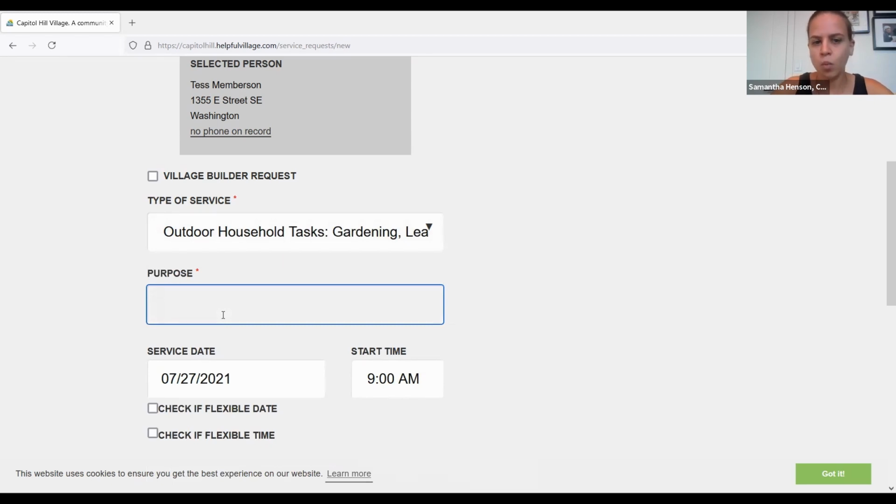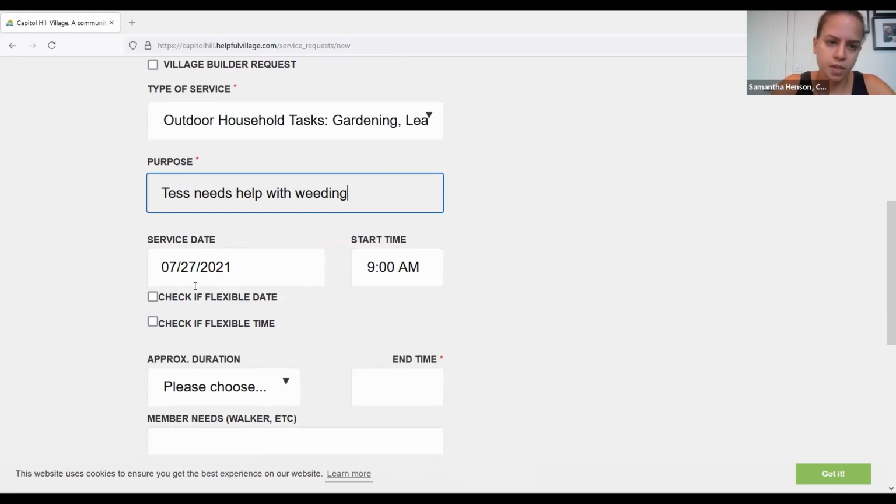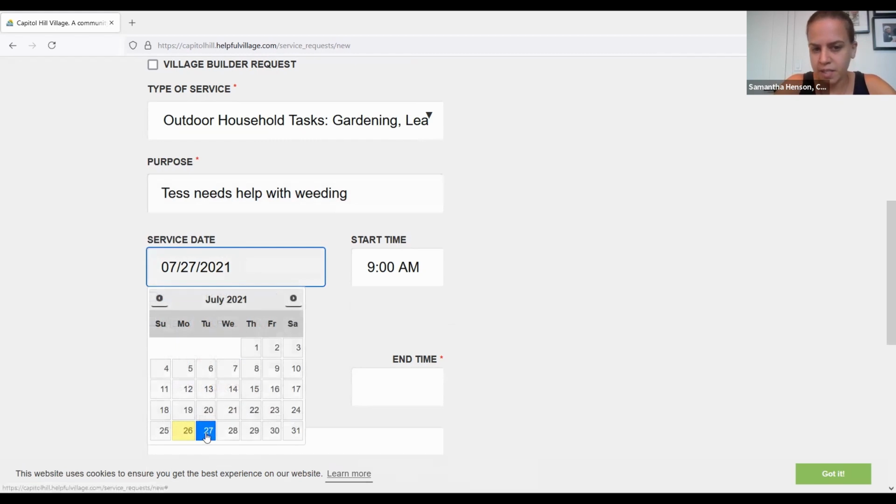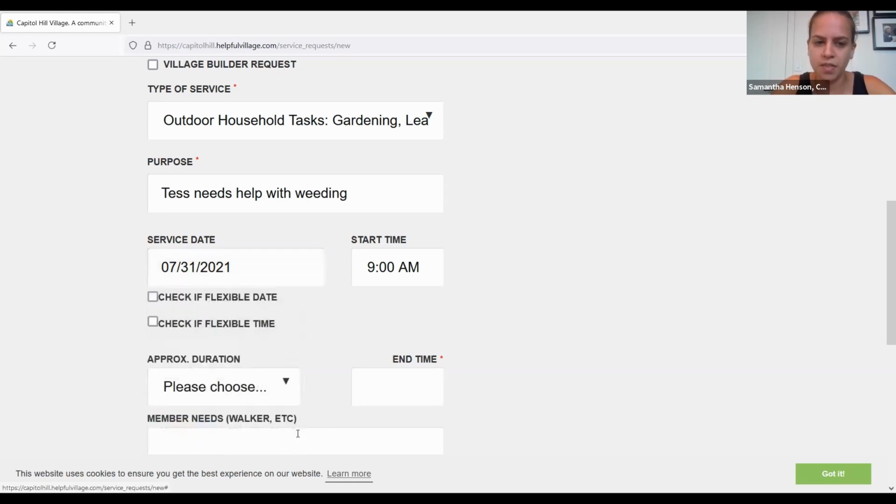Purpose. This is like a one-line written description that will come up for volunteers who see the request. So Tess needs help with weeding. Service date. You can click here and pick the date. If the date is flexible, we recommend picking a date 5 days out. So today's July 26th. I'm going to put the request for 1, 2, 3, 4, 5, the 31st,